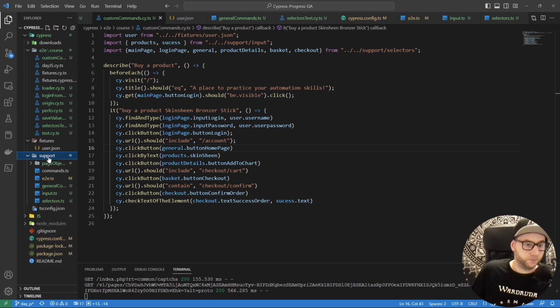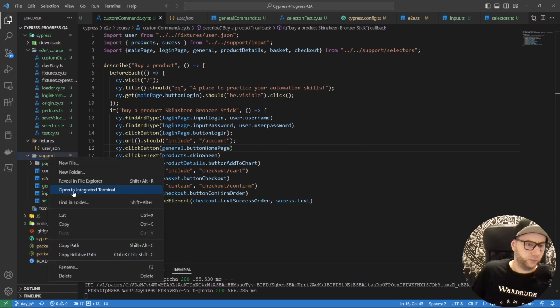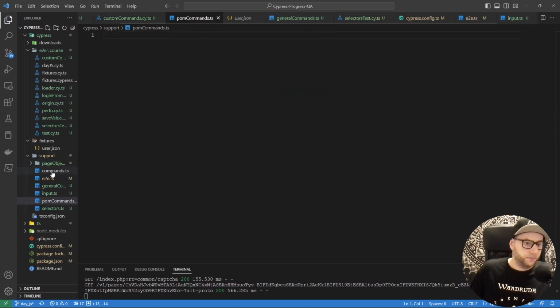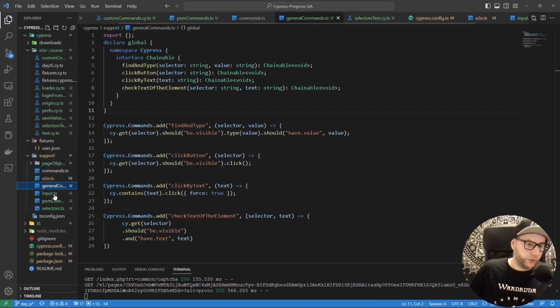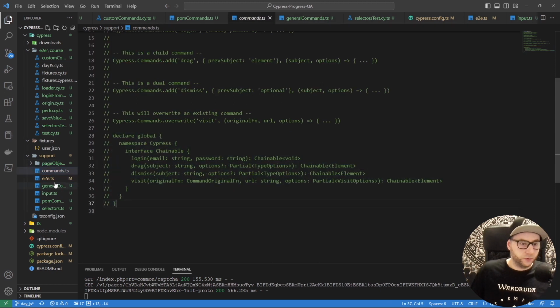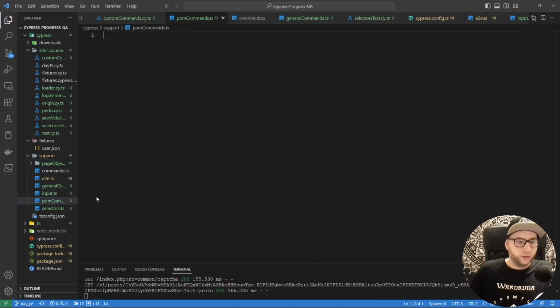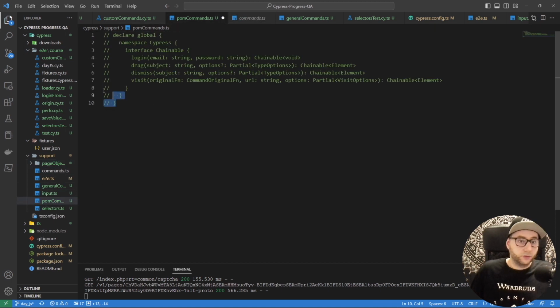So let's create, for example, POM, page object model commands.ts. It is a good practice to have a different file for a different view, but we have a small example, so I will create one file and then add here all commands as a page object model. So go here, commands.ts, let's copy this,